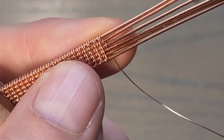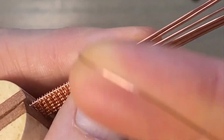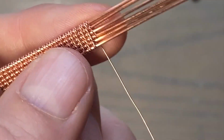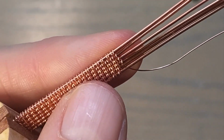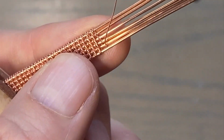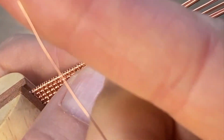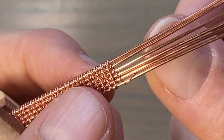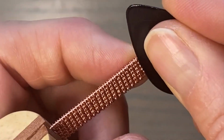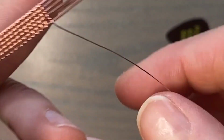You're going to go down. You're going to come out between 2 and 3. You're going to go up around 3. You're going to go down. You're going to come out between 1 and 2. You're going to go up around number 2. Down, up around number 1. Alright, you're going to give that row a smush, and that's the whole pattern, and then you just